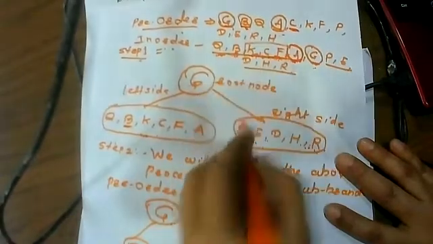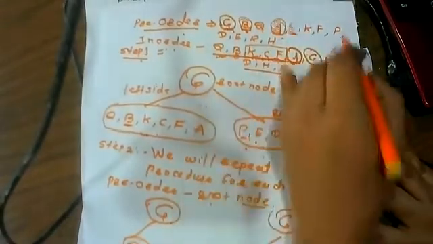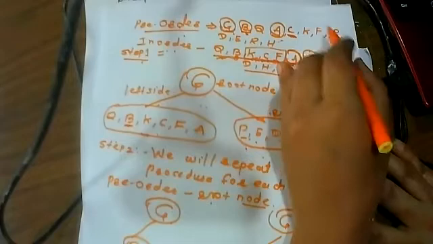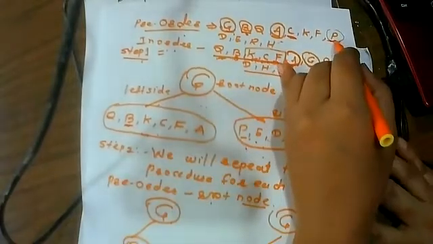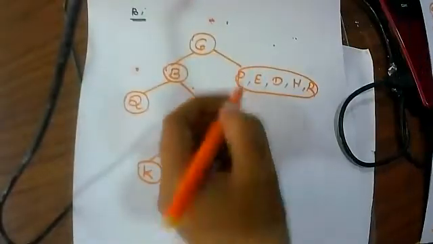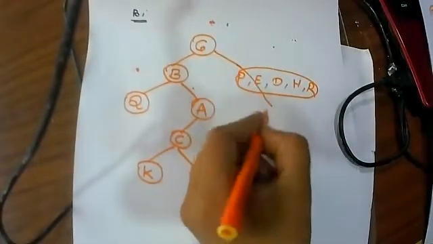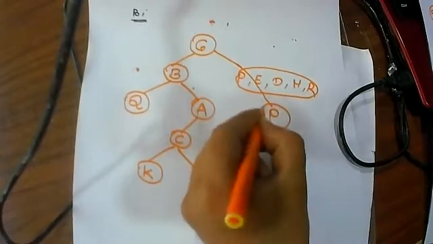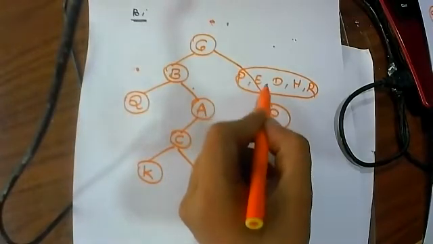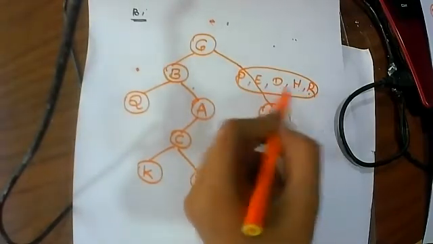So again the story starts from whom? Pre-order. So in pre-order, where is P located? P should be in the first position. Means what? P is the root node of our tree. So here just concentrate, I am elaborating this part. So I'm just directly writing here, P is what? Root node.